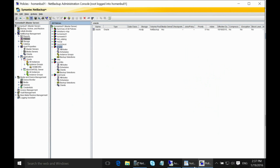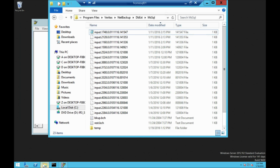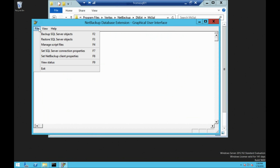So we'll take a look. I have a SQL server here. And traditionally, when you would run a SQL backup, you would need batch files. So here's an example of one that specifies what databases get backed up in some of your configuration parameters. NetBackup does provide a GUI